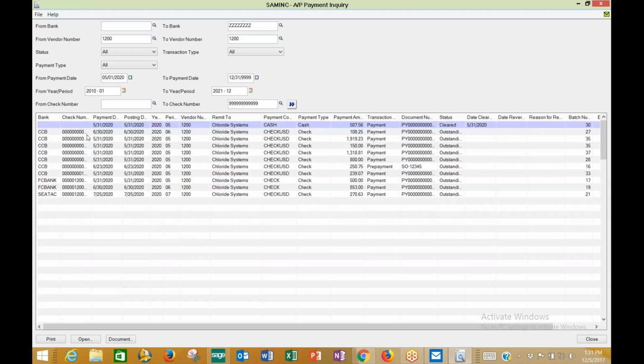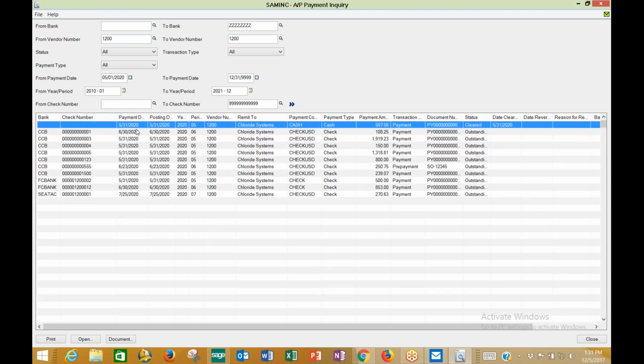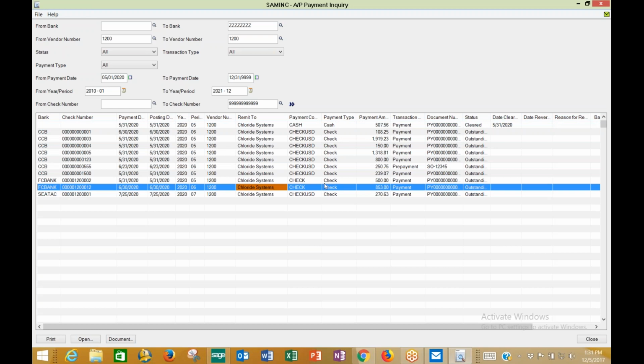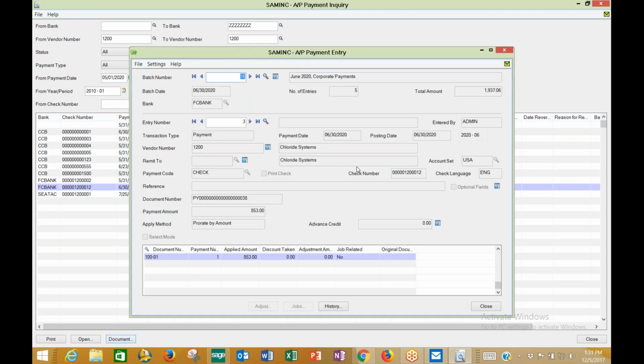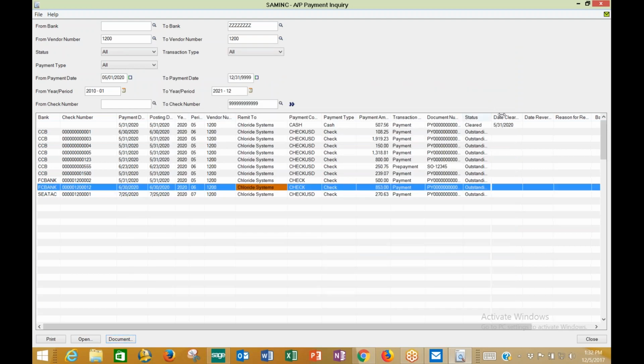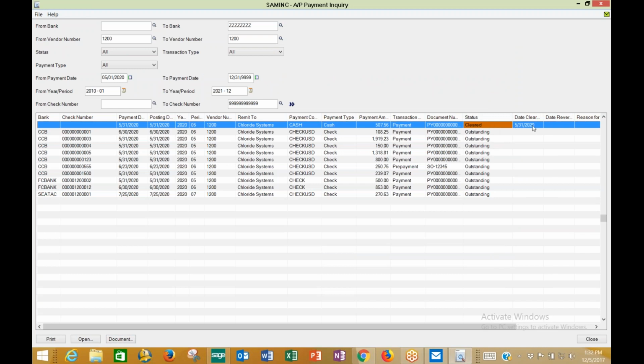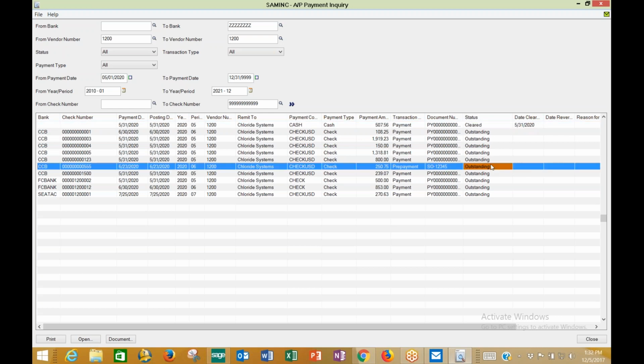So what this shows you, it shows you your check number. Let's make that wider. It shows you the date, the posting date, the year, the vendor number, etc., and then the payment amount. And then if I double click on one of these and I hit document, I can see what document it paid. So I can see it paid invoice number 100-01, and basically that's that. And it also tells you if it's been cleared by the bank or not. So if a vendor calls you, you can say, you know what, it cleared on 5/31/2020, or yeah, that check's outstanding. Let me see what's going on. So payment inquiries, very helpful